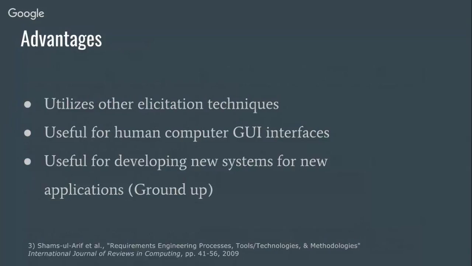And it's also a positive of using prototyping that it's useful for human-computer GUI interfaces. This is because you can more easily see the interactions and what needs to be done when people are using it. And so when you're prototyping, you can fix it easier, and you just keep putting more things out. The other thing that's useful for prototyping is that it's better for ground up startup applications. This is because